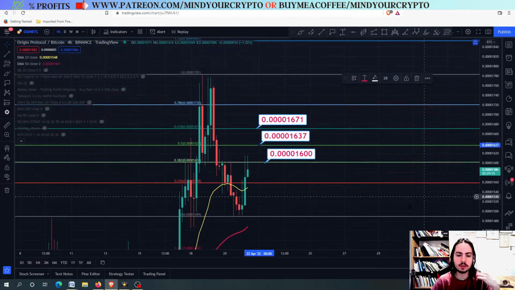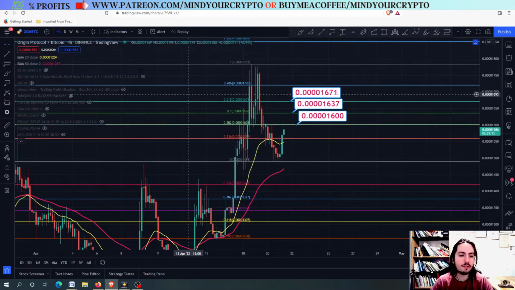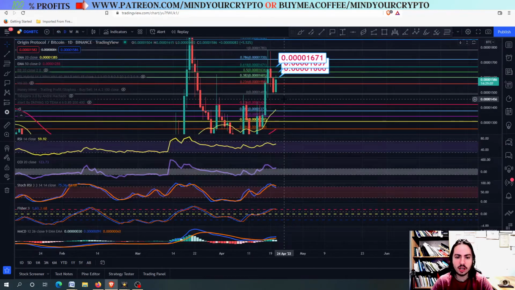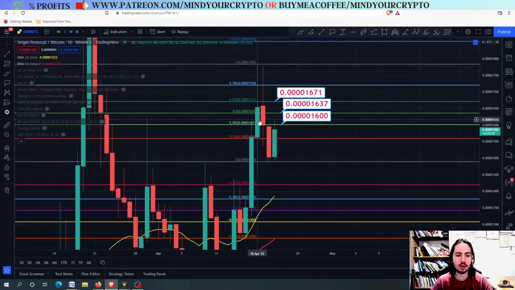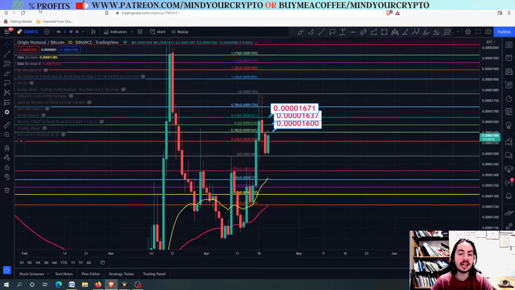0.401679. So simple, so nice for OGN against Bitcoin in the 4-hour frame, because on the daily frame we are looking good, we are standing good, we are holding the support level of the highs we had back on 9 April and down to 30 March. You can see that, and therefore we want to go even higher from now on for OGN against Bitcoin and